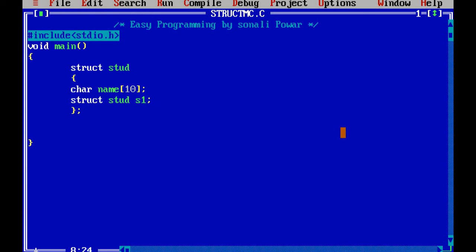Means you can enclose another structure here. Suppose struct ABC, this is the name of my structure, and inside that suppose I have declared one variable int n. This is possible. Means you can declare another structure inside the structure. Nesting of structure is possible.